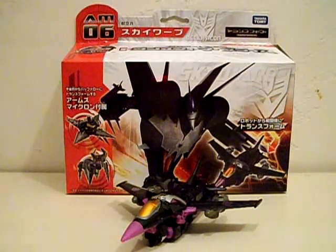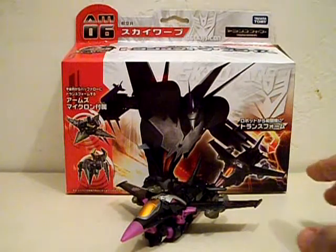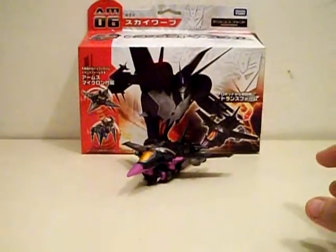Anywho, now on to this little baby, which is Arms Micron 06 Skywarp. I got this bad boy at Power Morphicon. Yeah, somebody was selling Japanese Transformers at Morphicon. Who'da thunk? So now let's take a look at Skywarp's box, because it's fairly interesting, considering that this is my